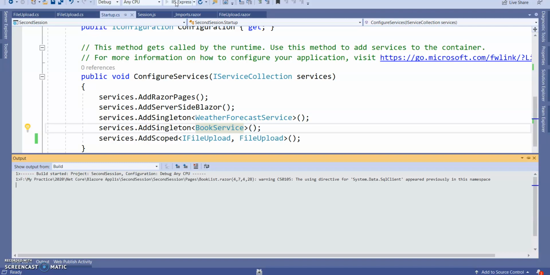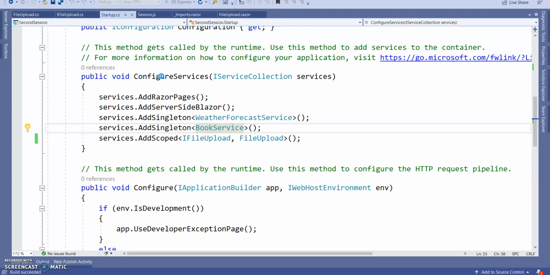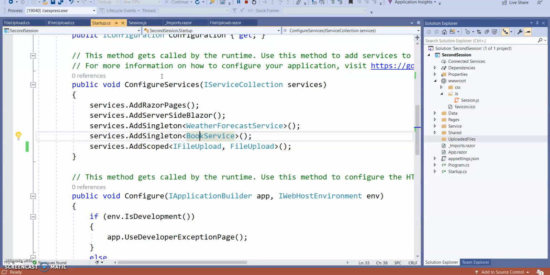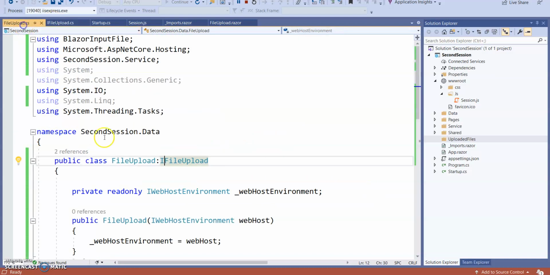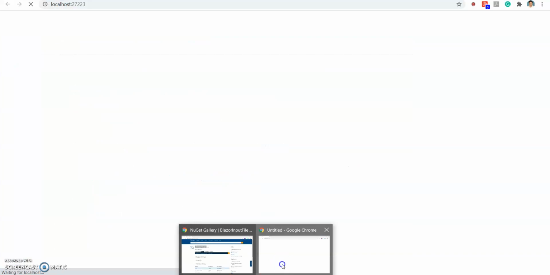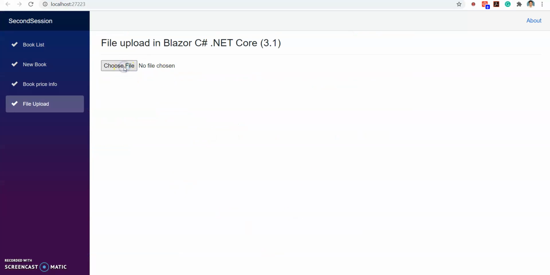Run the application. So here choose the file.